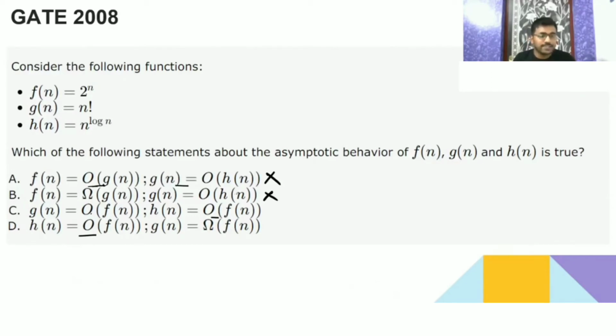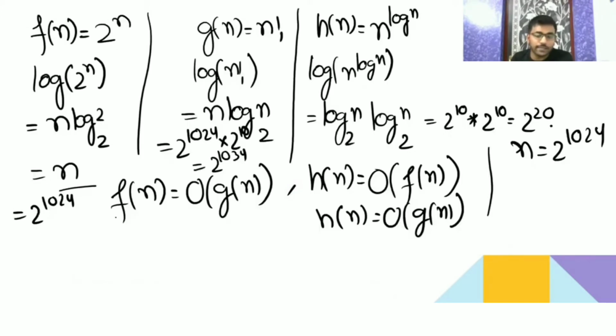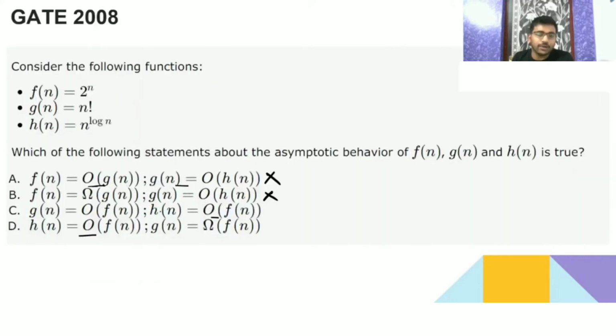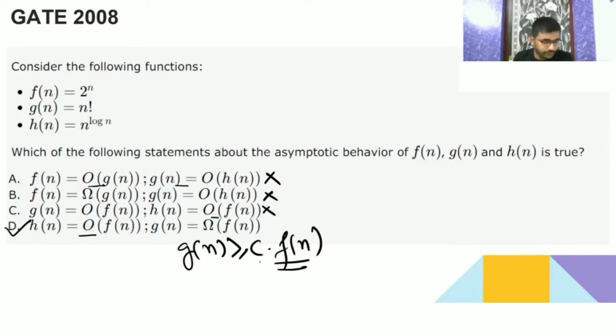Now see here, Gn and Fn. Here it's saying that Gn is smaller than Fn, but you have seen that Gn is going to be the greater one. Fn is equal to Gn, not Gn. So this is also incorrect. So this is true: if Hn is smaller than Fn and Gn is greater than Fn, then Gn is greater than or equal to Fn. Understood? So D is the correct one. Anyone having any doubt? Is it clear?